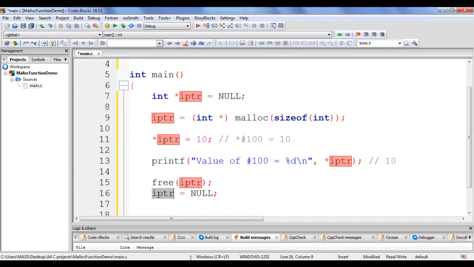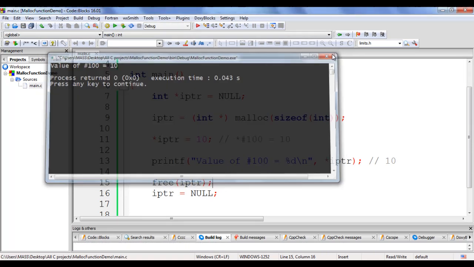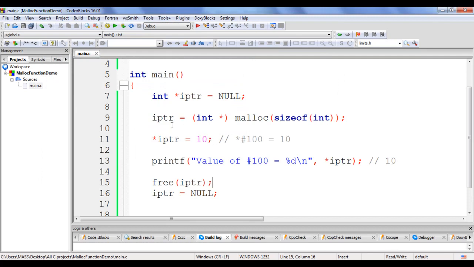That's what happens when you run this and stop the execution of the program. If I say build and run, it displays value of #100 is 10. Once you stop executing this program, the memory location pointed by the iptr is freed and iptr is set to null, and later iptr is going to be removed from the stack and the main function is removed from the top of the stack, guys. I hope you guys have clearly understood.